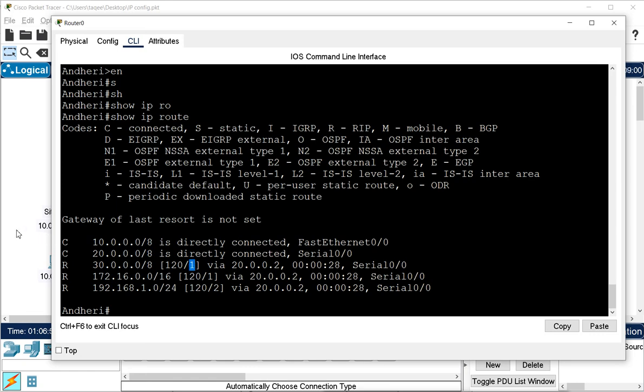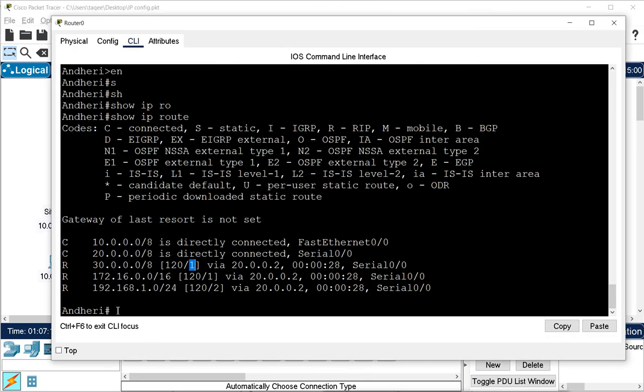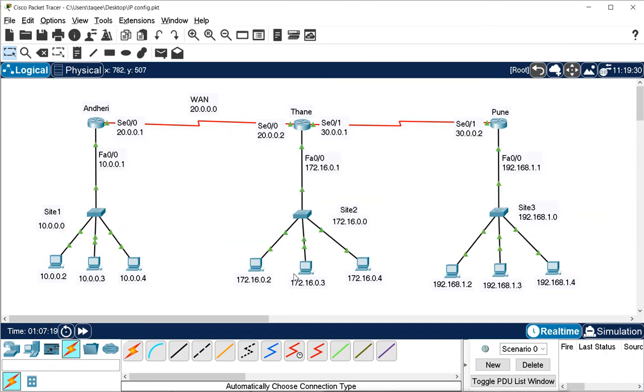Because of that it says it can reach in one hop. So from Andheri, if you want to go to network 30, you can reach it in only one hop. Then for network 172.16.0, again it is 120 and one hop. So it can reach from this network to this network in one hop.